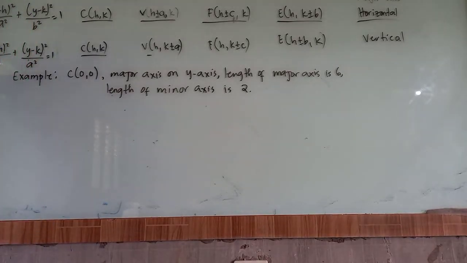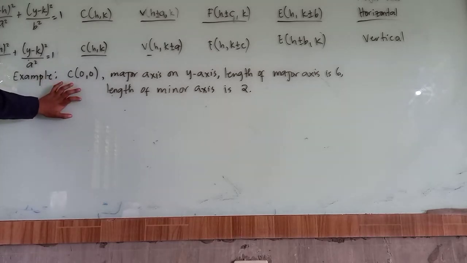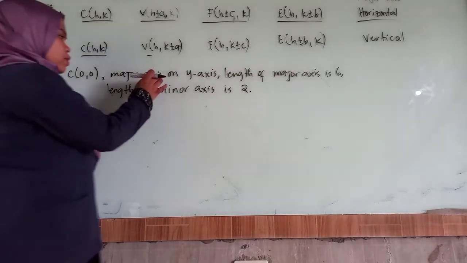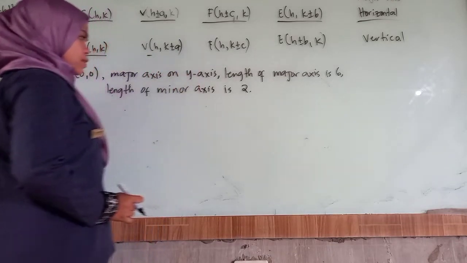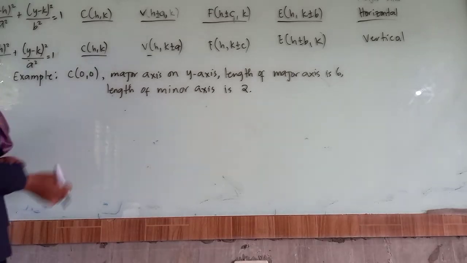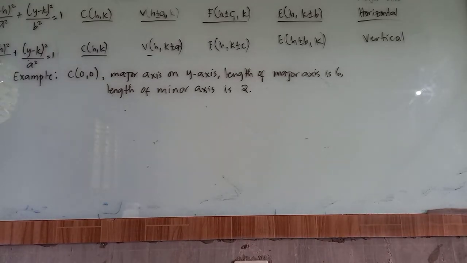So, find the standard form of the equation of the ellipse given the center, which is in the origin. We have the major axis on y-axis, and the length of major axis is 6, and the length of minor axis is 2. Okay, so how can we get, or how can we derive the standard equation of this ellipse? So, first, ang sinabi niya sa given,